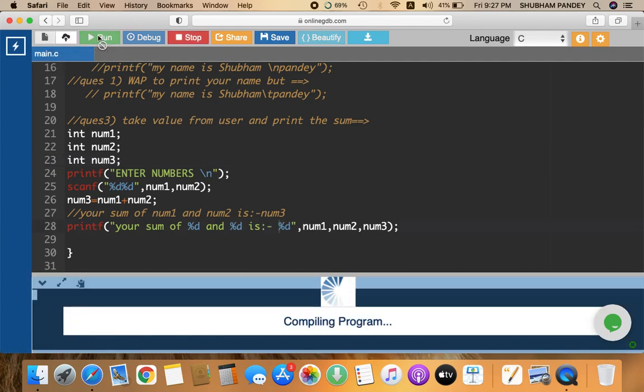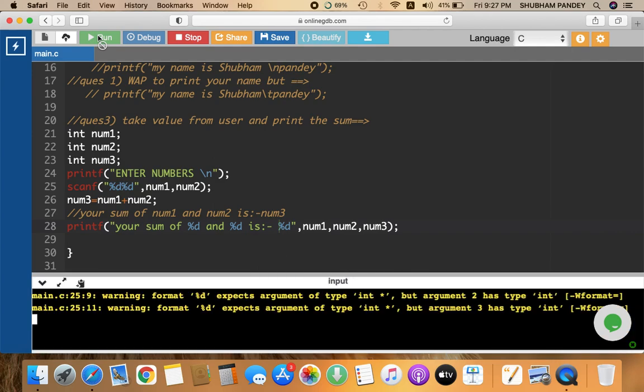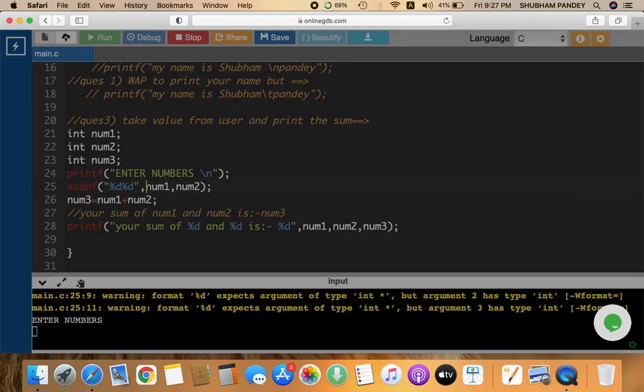If you run this code, the compiler compiles it and shows you some output. Oh sorry, what error is it showing actually? In scanf, I told you previously that you have to use the address sign.